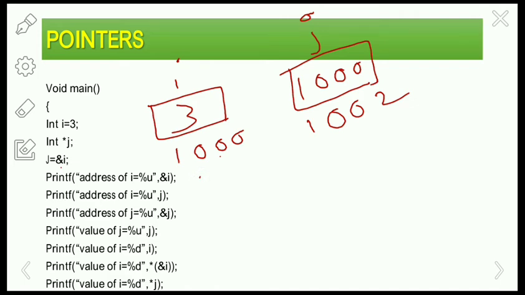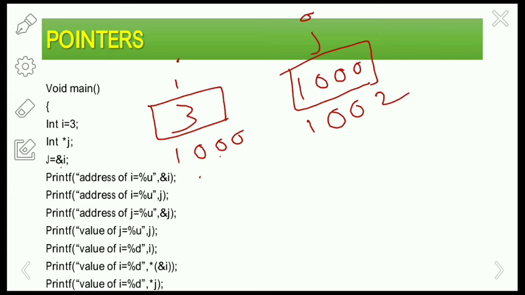If you run the same program on your machine, it will print different addresses on each machine, not the same address. So address of i equals %u, that is unsigned integer.